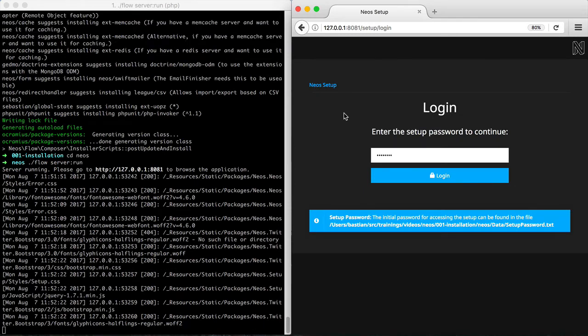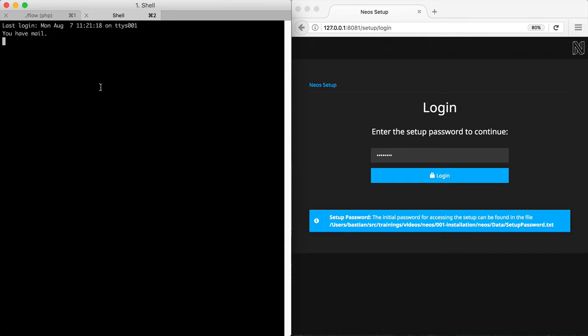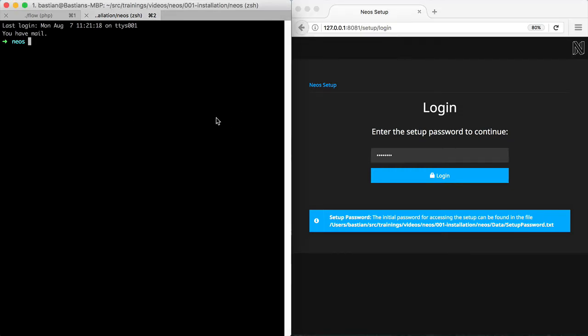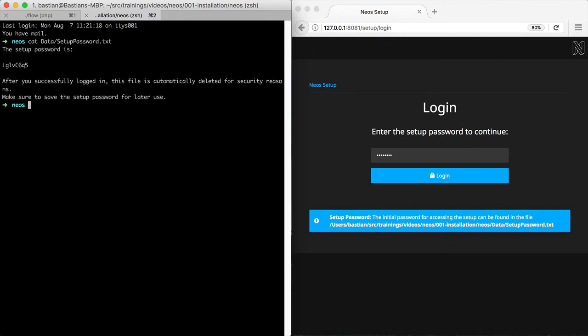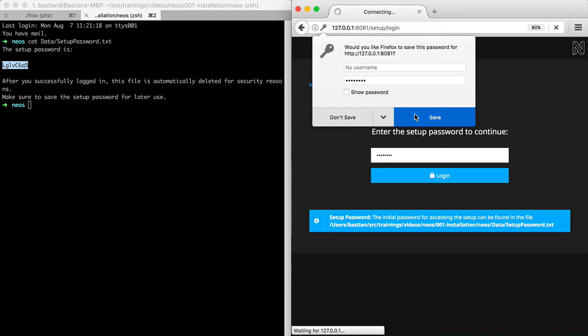What we need to log in here is the setup password. This is different for every local installation of Neos. So let's just open a second console tab here. And the setup password, as it says here, is located in Data/Temporary/setuppassword.txt. This is for securing the installation. So if you did this on a server, people would be able to access your installation if the setup password wasn't there. After I enter this,